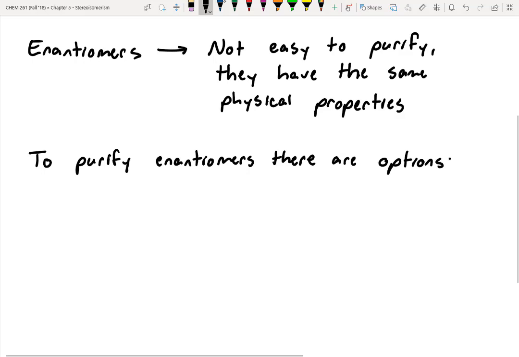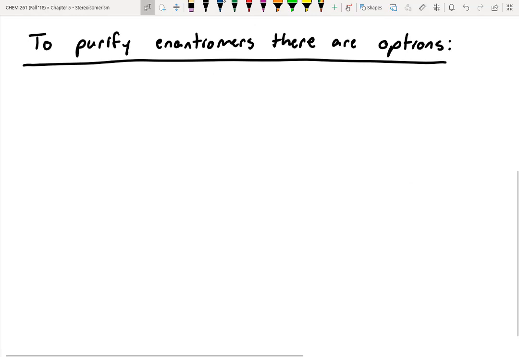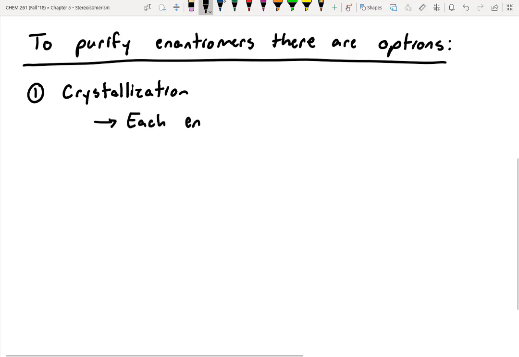So to purify enantiomers, there are options. Let's go over some of the options. The first one is arguably the hardest. This is crystallization. So you can crystallize each of them. Each enantiomer